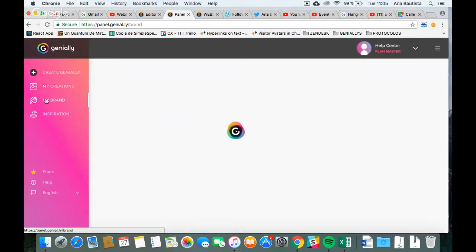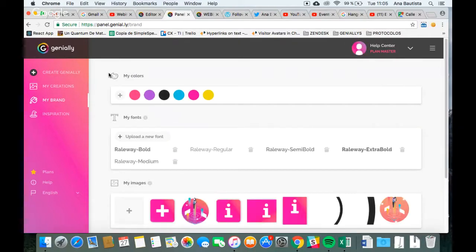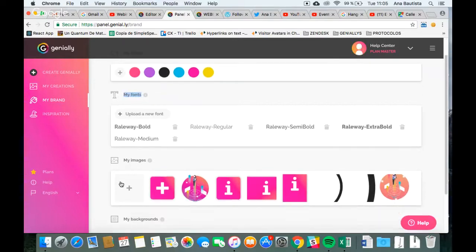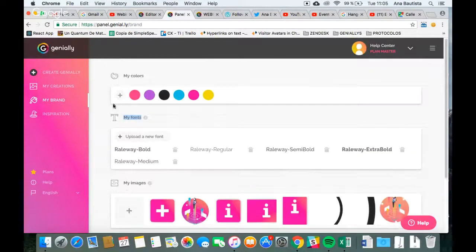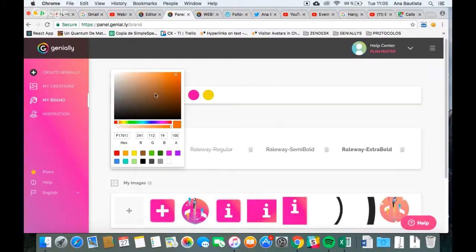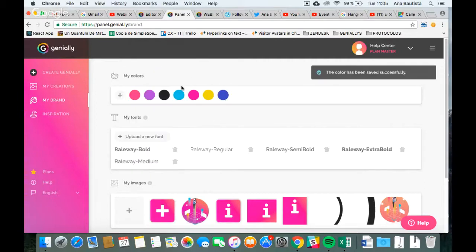on your brand, here you can insert your colors and your fonts and your images and backgrounds. I don't know if you have had some experience with that. I'm going to show you just how you can add the color. You can just include, for example, the code or the RGBA code. So you can just select it, and the color is going to be automatically added to your colors at your